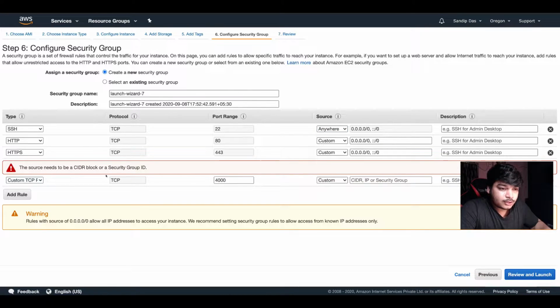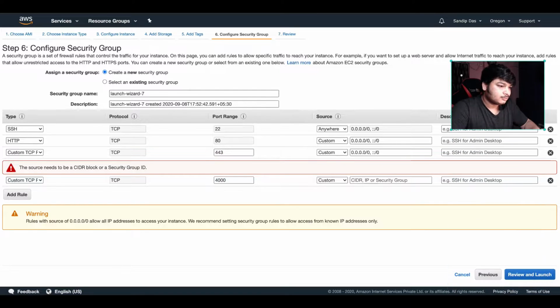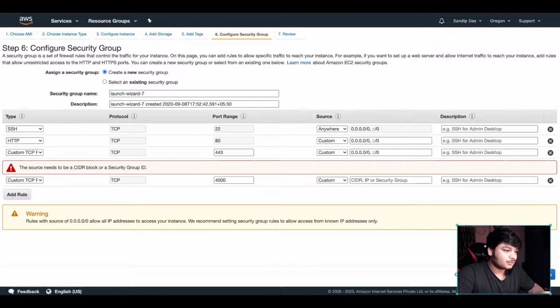The source here needs to be a location or security group. Just for example, the source, let's say, okay, HTTPS. Let's say custom TCP. Okay, I forgot to mention it here.